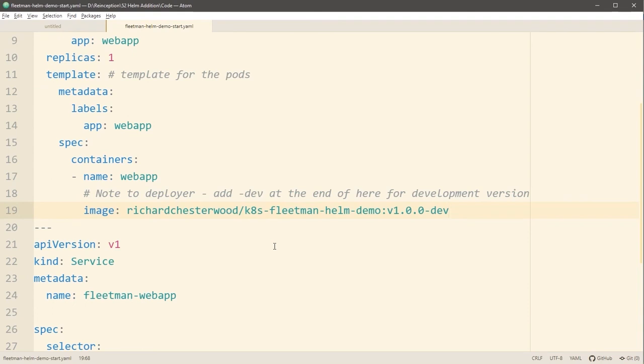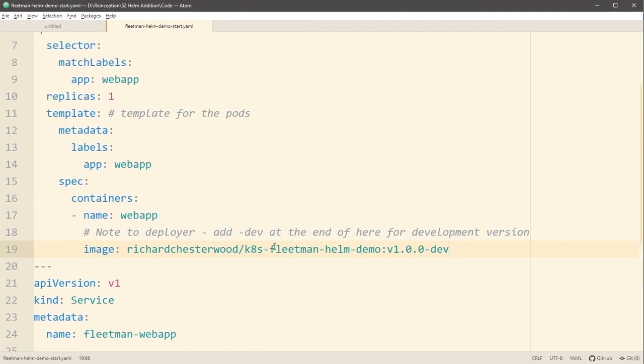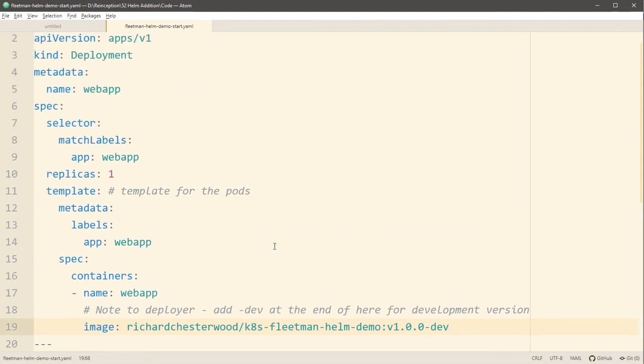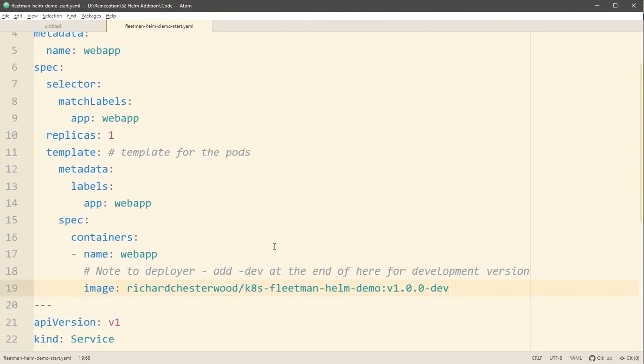Now, it might feel a little bit scary, and as I said at the start of this video, yes, you can get very complicated with your Helm charts, but there isn't really a need for anything complicated. I'm going to show you how we could easily turn this into a dynamic Helm chart where we can switch from production to development without needing any duplication. Sounds fun? Well, we'll see. Let's start in the next video.